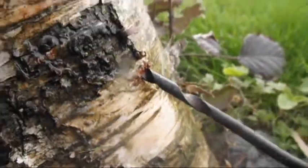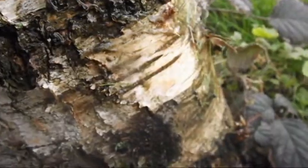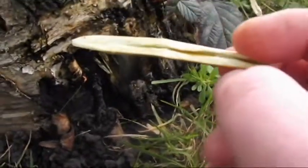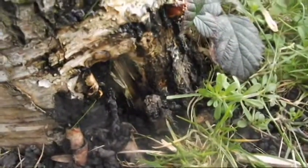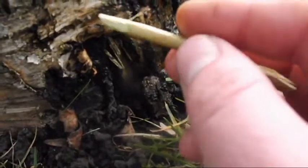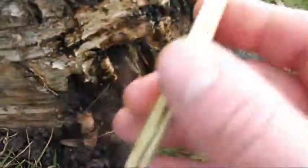Once you can see that the sap's flowing, you can remove this out and then place a stick in there to encourage the flow. All I've done here is got a stick which is quite thick, a bit thicker than the hole. Flatten the top off. Then I've put a channel down the entire length. And at this end, which is the end that's going to go into the tree, I've sharpened it up slightly so it'll fit into the hole and then be able to be hammered in. And at the other end I've just cut it so that it's easier for the sap to come off the end. So then you push this into the hole